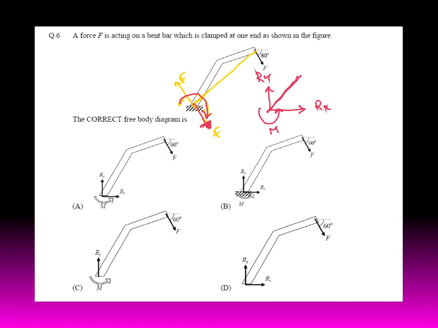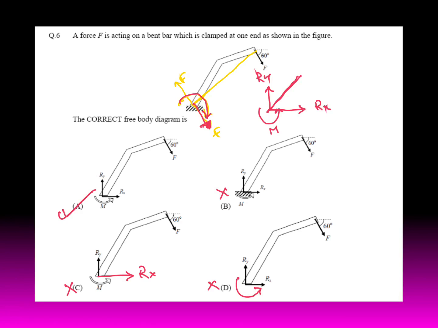So from the options: in B, the support is also shown, so B is not the answer. In C, this Rx is not available, so C is also not possible. In D, the moment is not available, so D is also not possible. Only A is